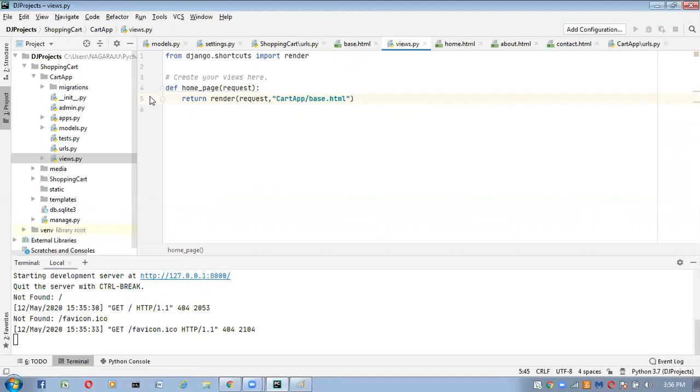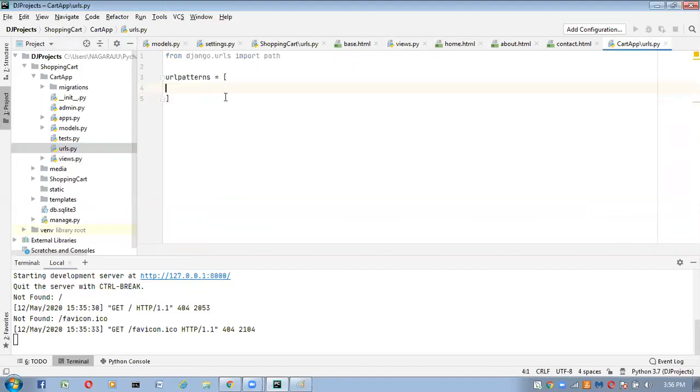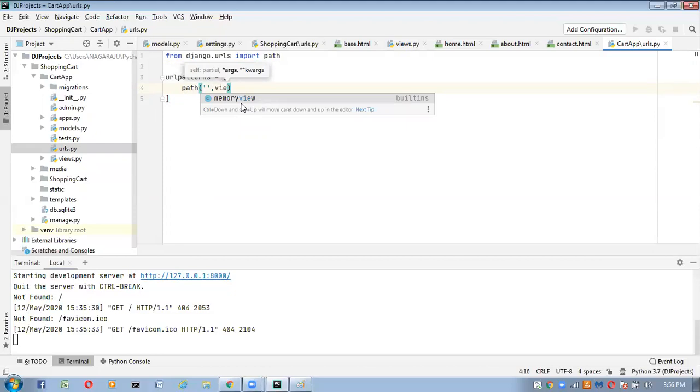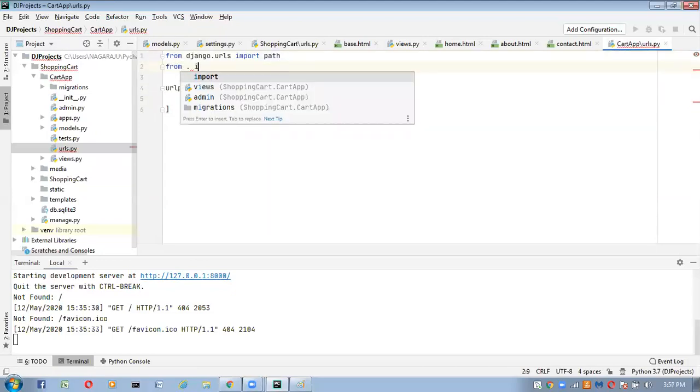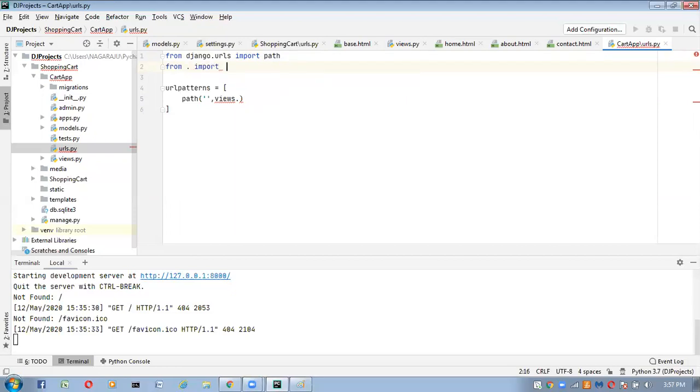Save this one. Go to the urls.py file. Here we have to write path of, here I'm going to take home page. I don't want to take anything in the route, comma views dot. Here import those views: from dot import views.